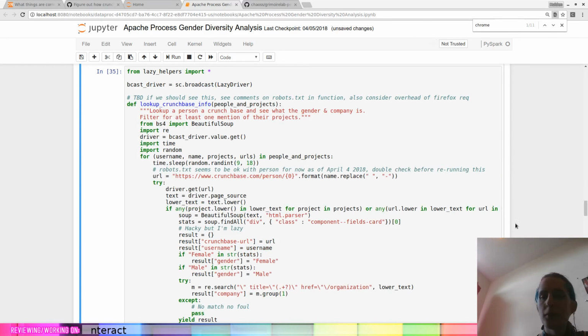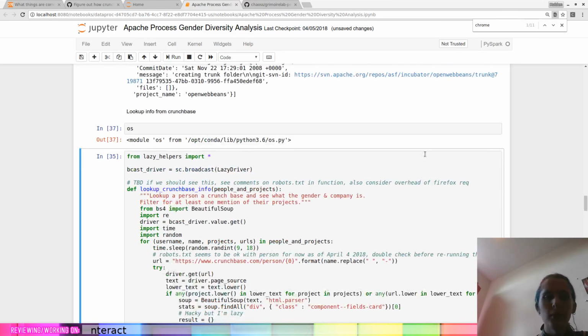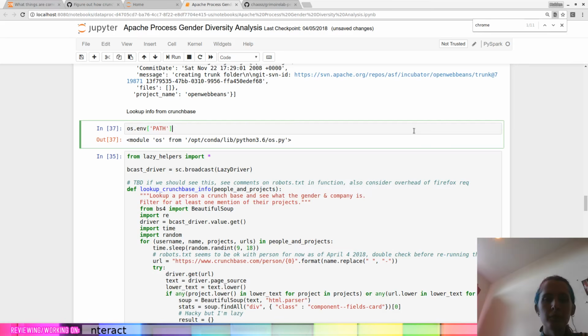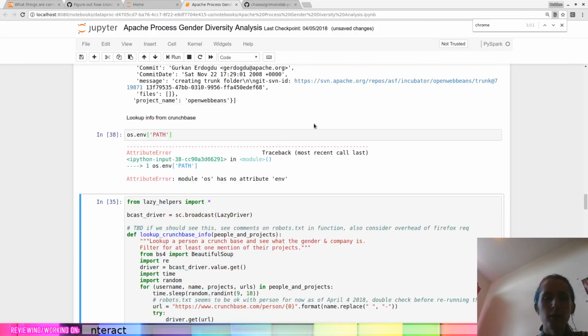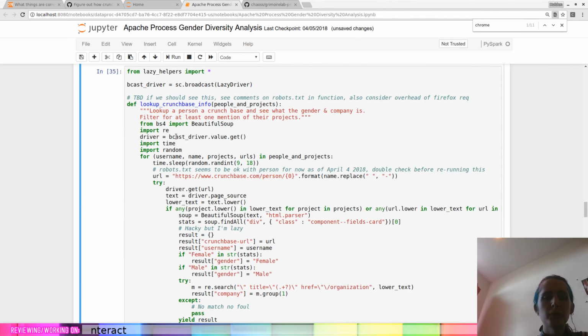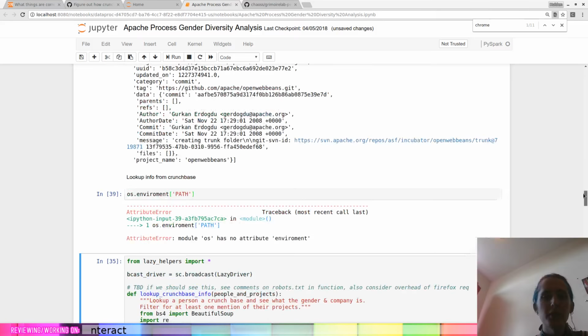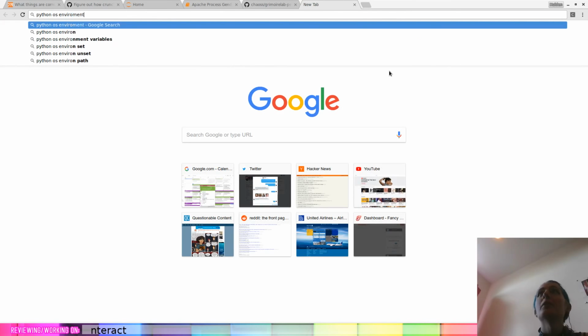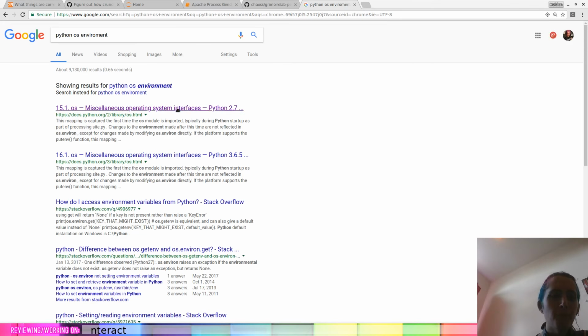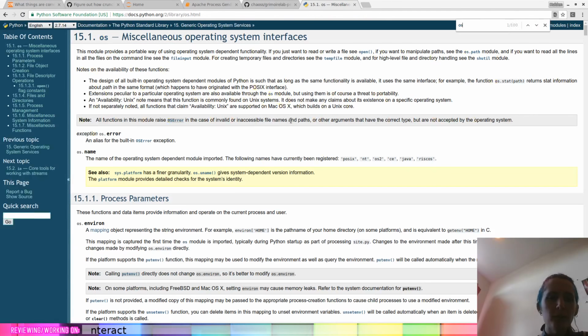OS, following cell, os.environ, path. Is it OS environment or is it sys.environment? Python OS environment. Cool. Oh, it's environ. There, damn it.